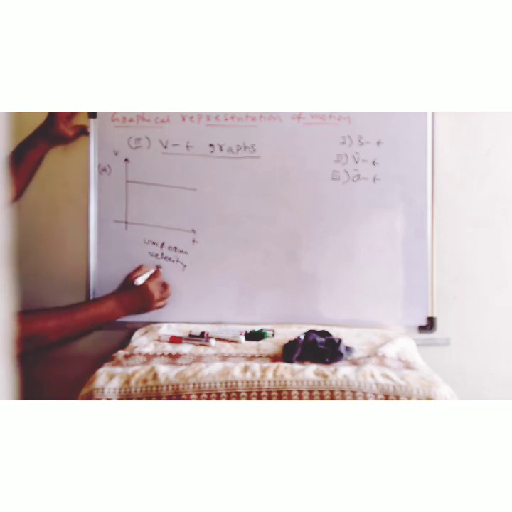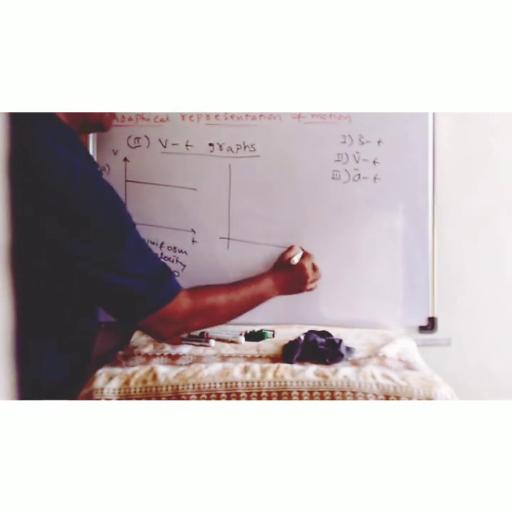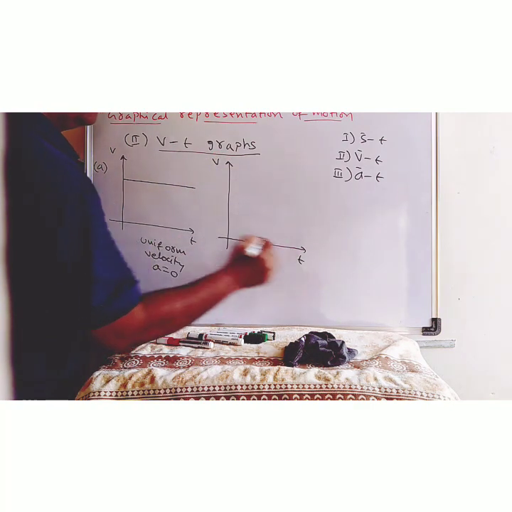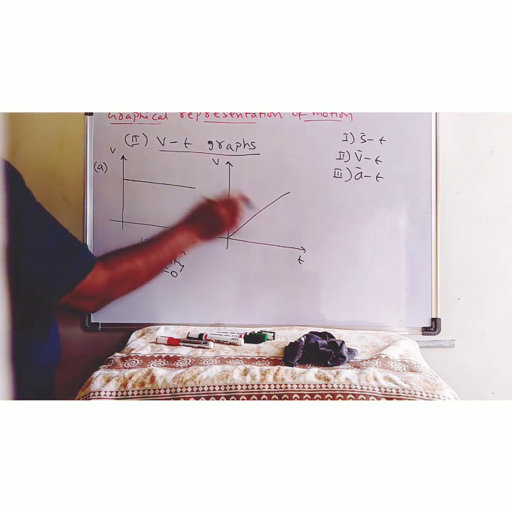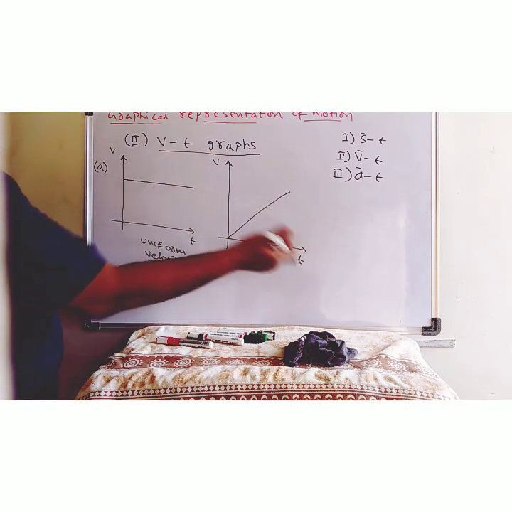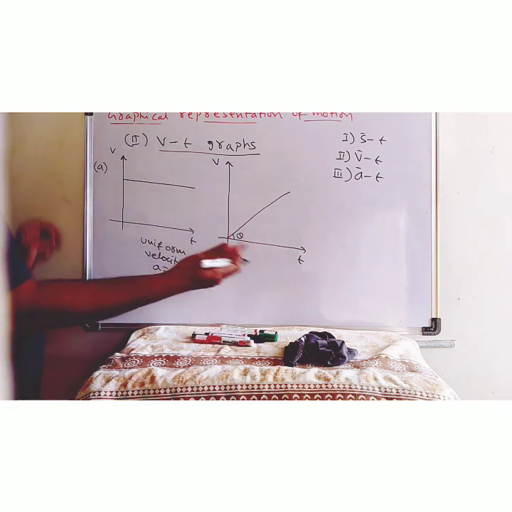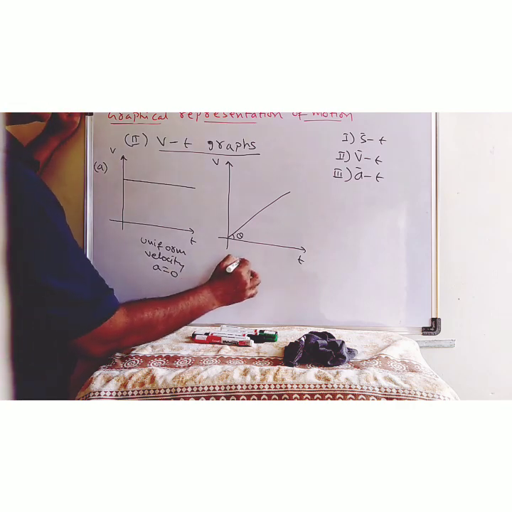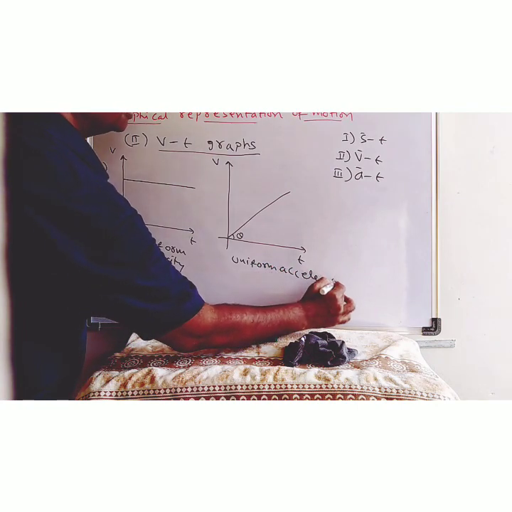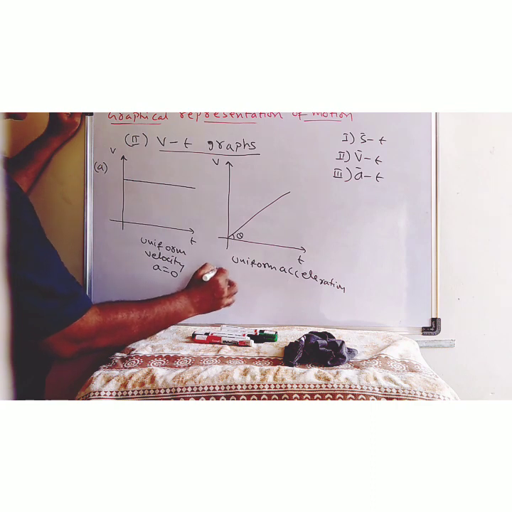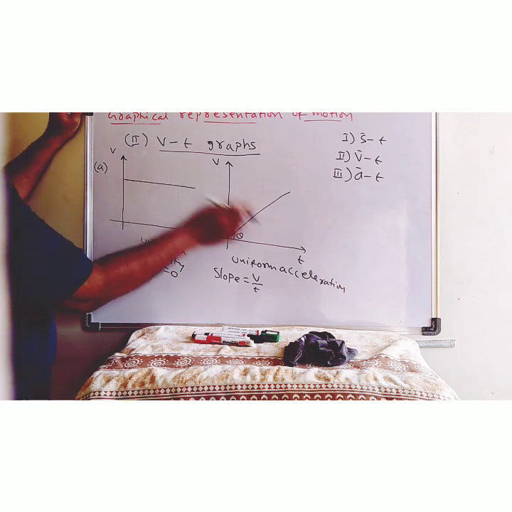And what is the acceleration here? The acceleration is 0. Similarly, let us say the graph is like this, suppose this is velocity, this is time. Now tell me what this one shows. See, velocity is changing with respect to time, and here we got a slope also. So something is changing, it is uniform acceleration. And the slope of this is nothing but v by t, because it is the y component by the x component.